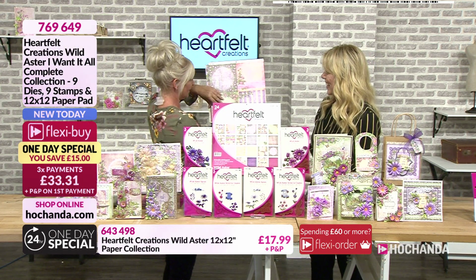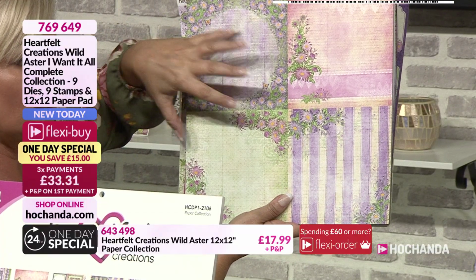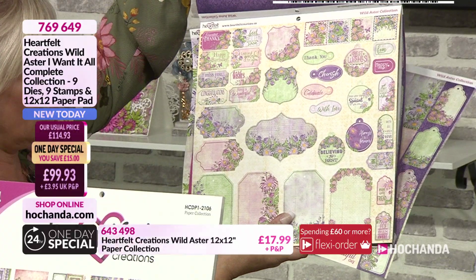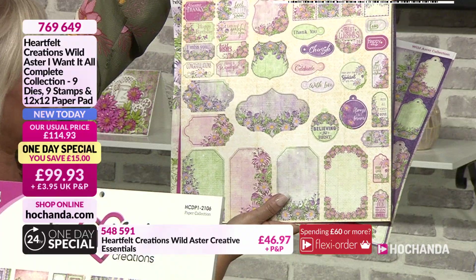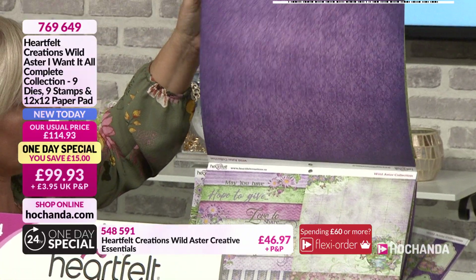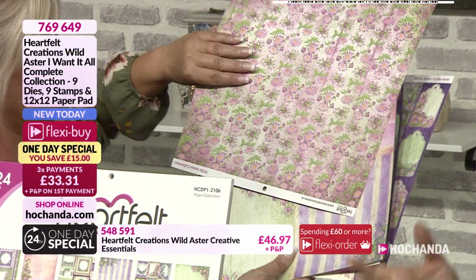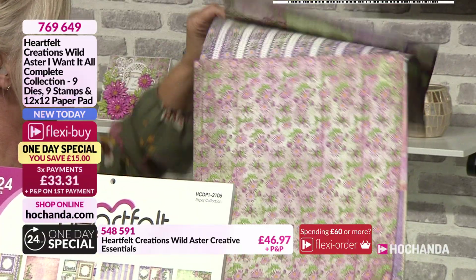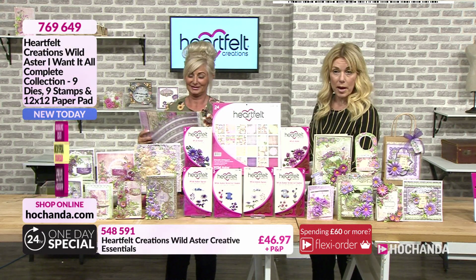Right, so as I say, you have got your 6x6 there as well. They're just smaller images, shrunken down, the same as the 12x12. And then the back sheet is your sentiments. You've got some tags in there as well. Really nice and pretty. But as you can see, look at the back. You've got some stunning, beautiful images. I love the fact you've got the deep colours, the paler colours. You've got your florals there as well. Beautiful. As I say, 2 of each, and that is just the paper pad, of course,